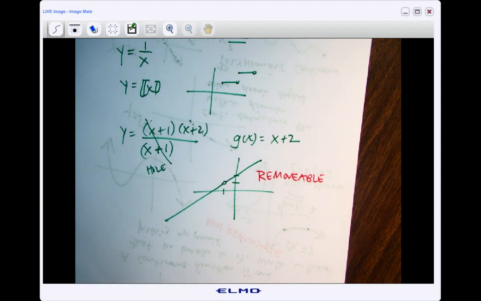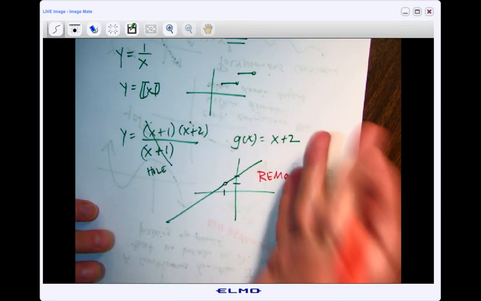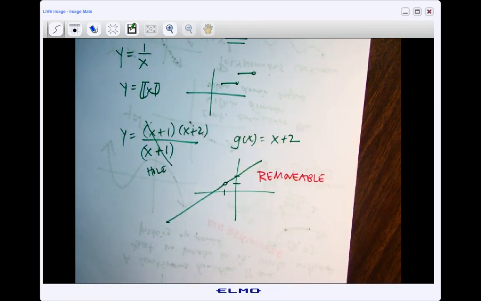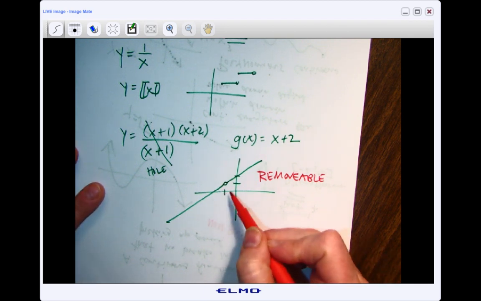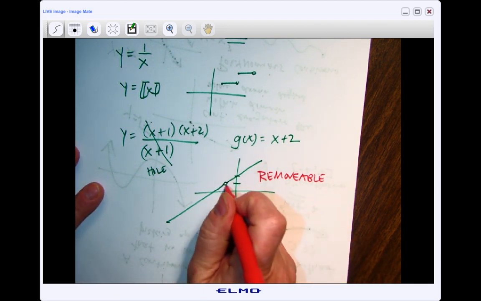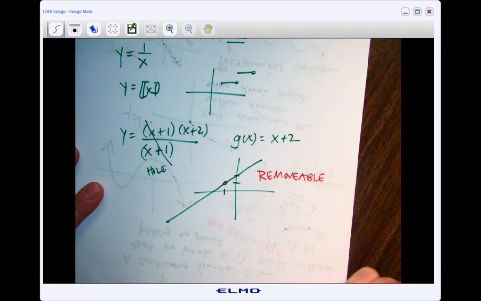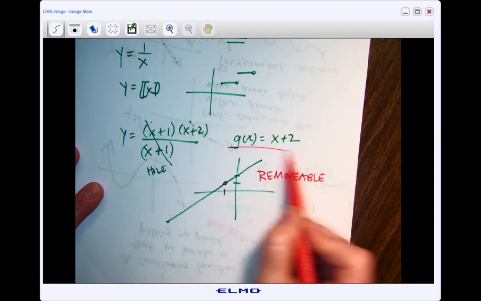The only time you would have a problem is if you happen to be standing right at x equal to -1. But otherwise, you could basically say they're the same. So this one would be a removable discontinuity because it's very easy to just ignore that little hole and fill it in, and make this function